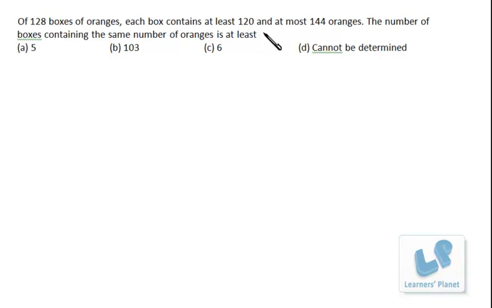See, we have the range of 25, that is from 120 to 144. We have the range of 25 numbers. Okay, so if we take 128 boxes and we try to distribute the oranges from 120, 121, something like that till 144, if we uniquely fill the boxes, or maybe just see the boxes having distinct numbers, they will be 25. Okay, so 25 boxes are filled with each box having a different number of oranges.